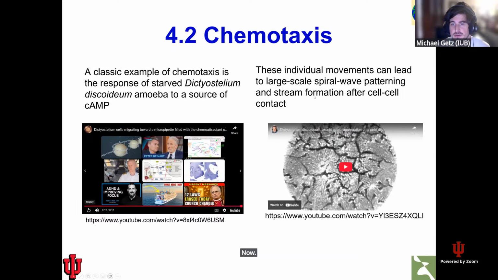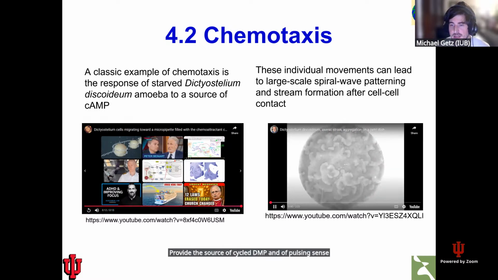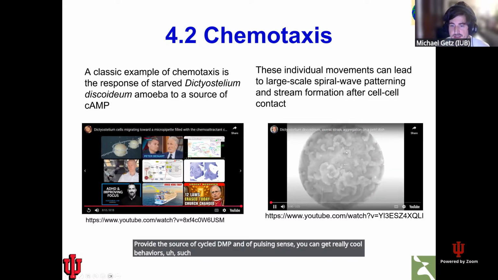Now, if you look at it on a larger scale across some amoeba that will provide the source of cyclic AMP in a pulsing sense, you can get really cool behaviors, such as this large-scale spiral wave patterning